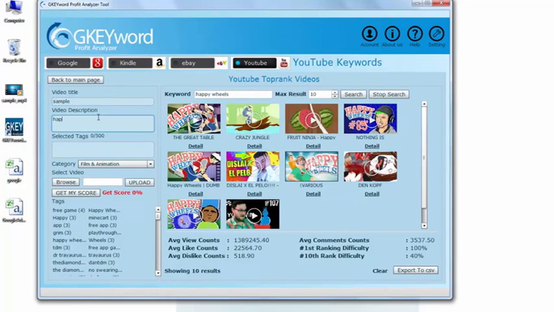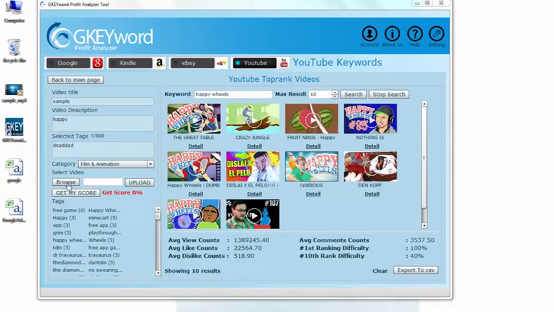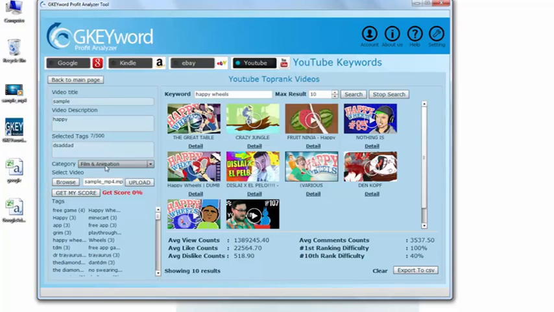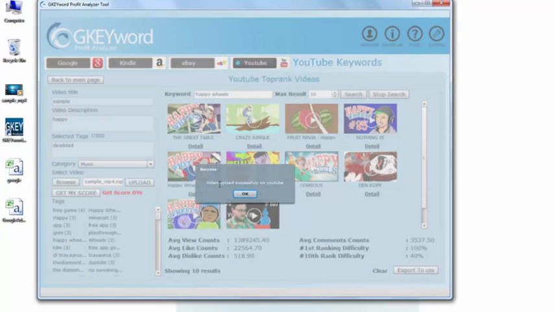I can also upload the video from the software itself. So if I want to upload a video with the Happy keyword, I can take the category, select description, click on upload. The video will start uploading and it will get uploaded to my YouTube account. For that you need to add the YouTube credentials in the settings menu that I will show you later. So you can see I got a video uploaded on my YouTube.